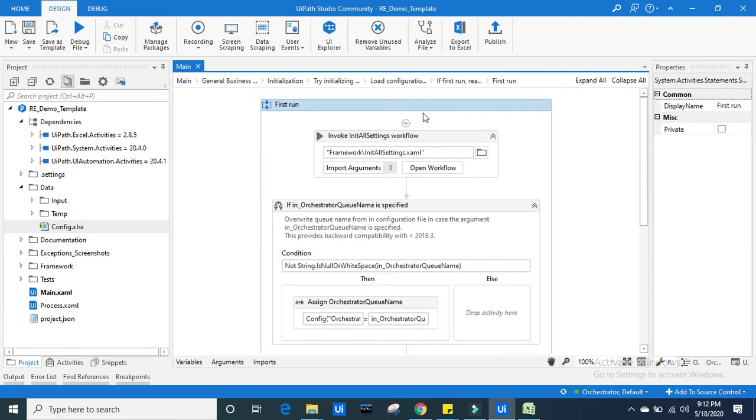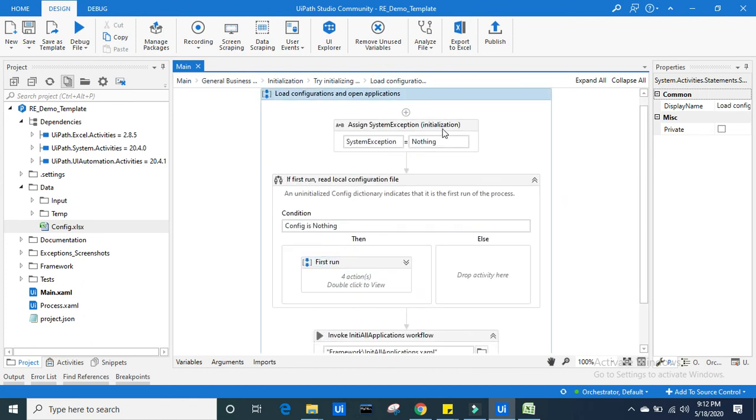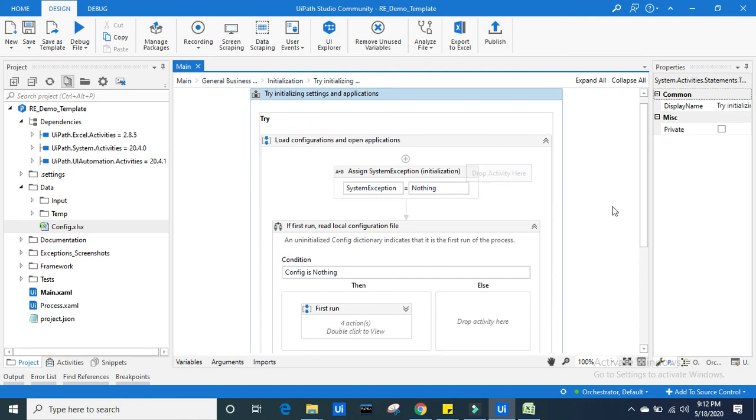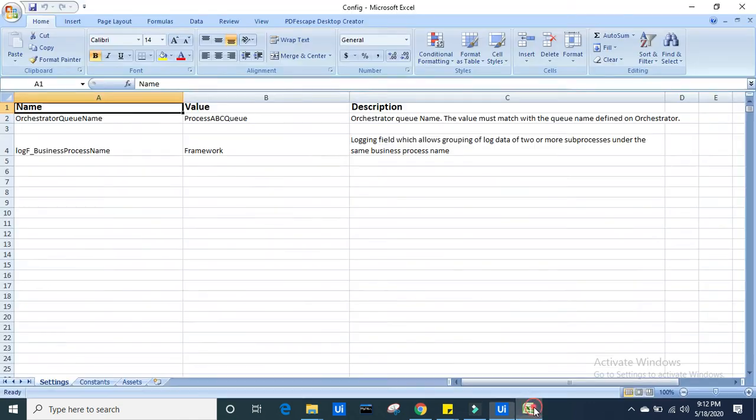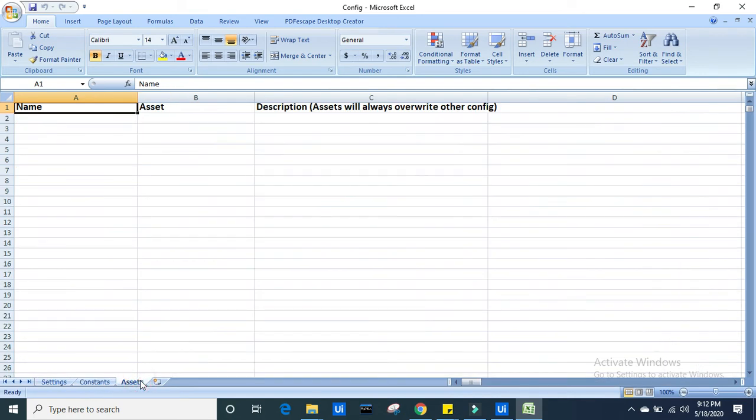No need to worry about how this works or the concept behind it. Just understand that the init phase is used to initialize the application, and you should understand what a config file is. The config file has all the configuration settings, which you can use to store global variables or any kind of variables, and it has the constants, and you can also add the assets when you are dealing with Orchestrator.